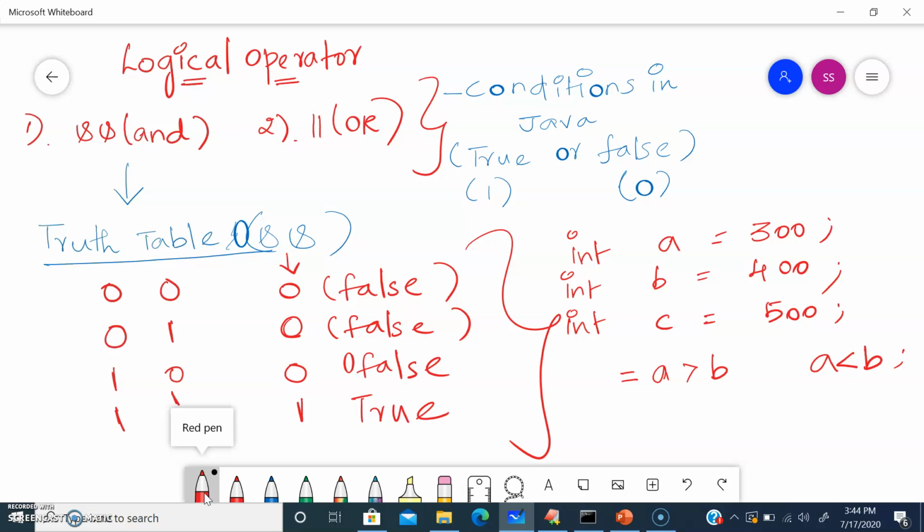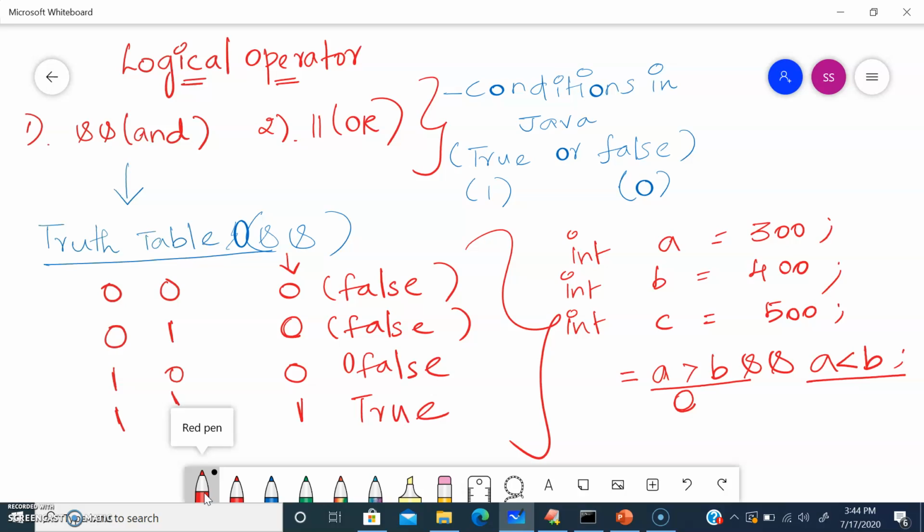To check these two conditions in Java, I have to use either the AND operator or the OR operator. I'll use an AND operator between these two conditions. A is greater than B: what is the value of A? 300. Is 300 greater than 400? No. Then it returns 0.